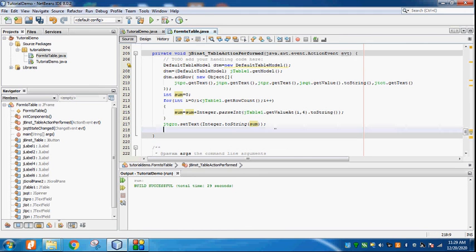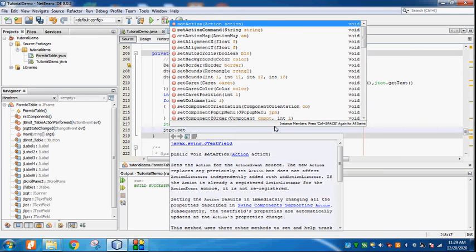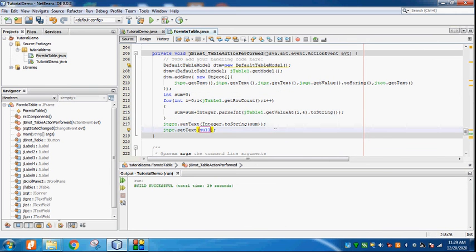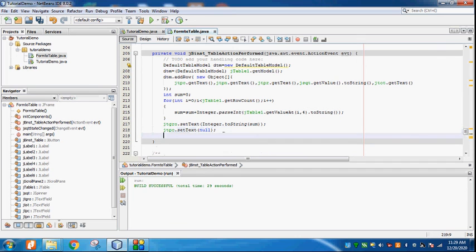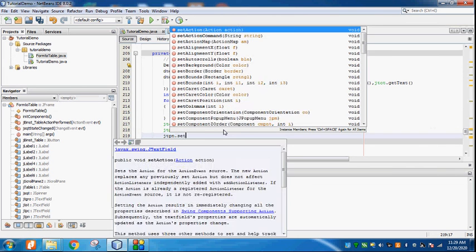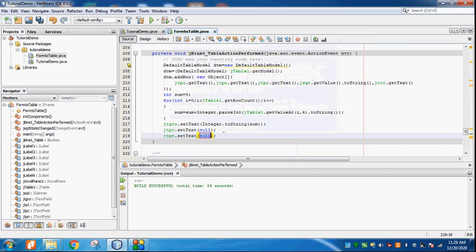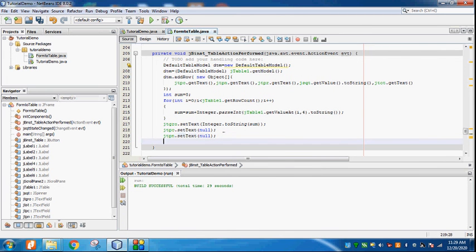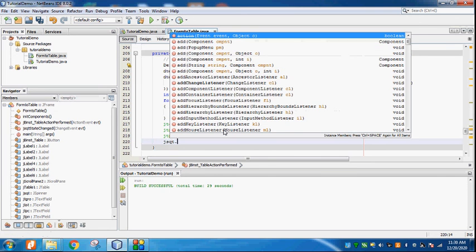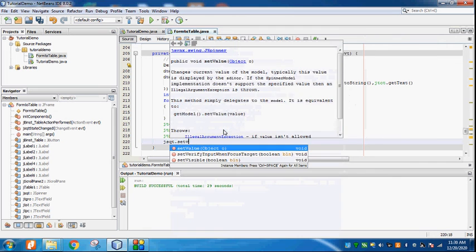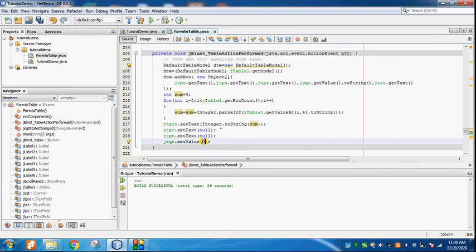Now I have to make each and every text box value empty, so I will write jtpc dot setText is equal to null. Then I have to go for jtpn product name dot setText null, then quantity jsqt dot setValue is equal to 0,